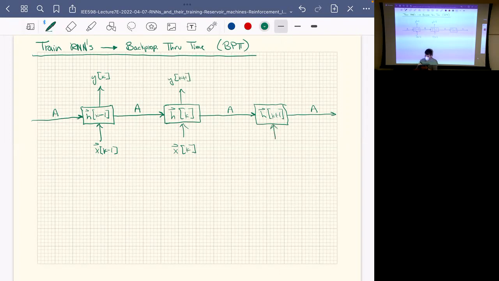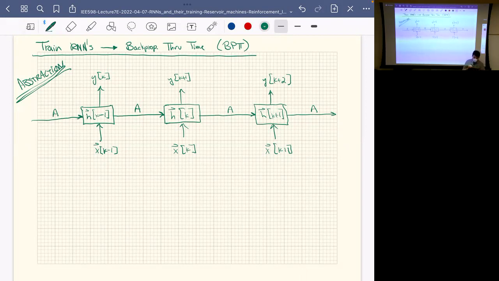Here we've got our x vector at time k plus 1, and our y output at time k plus 2. And so by unrolling this, this is an abstraction. So by viewing the recurrent neural network in these time steps, you might have to unroll it for a finite window to approximate this,